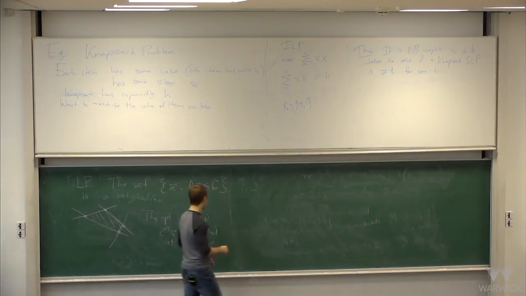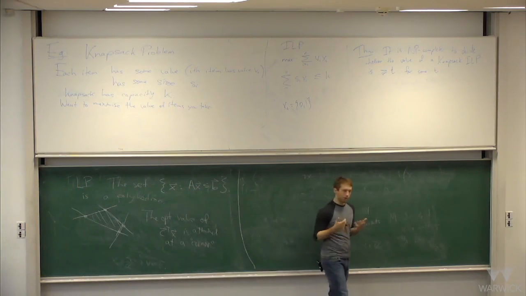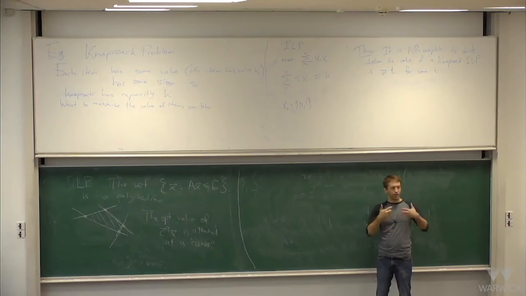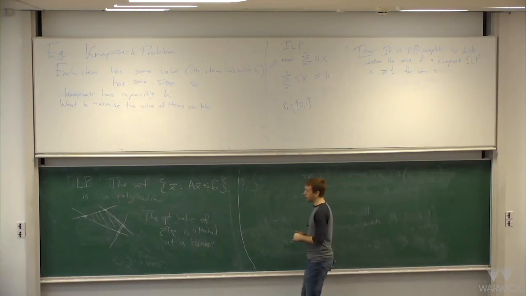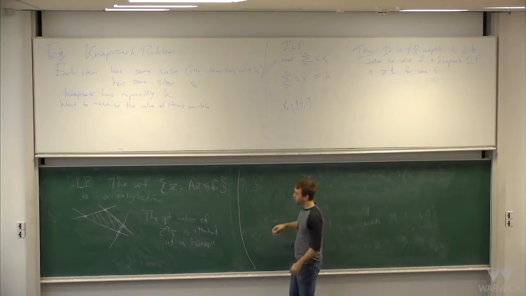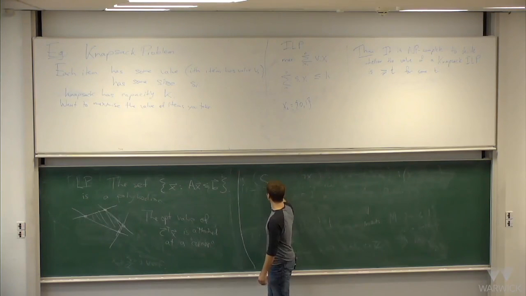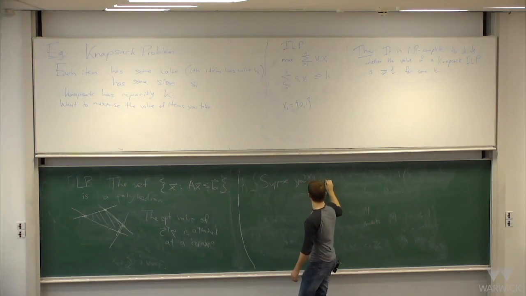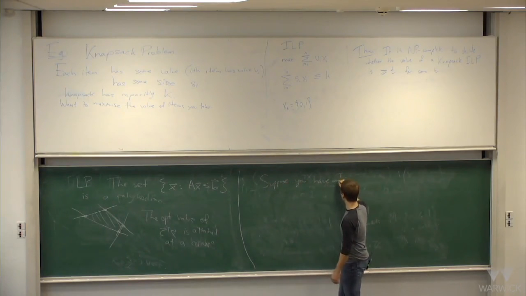So here's a very basic thing. Suppose you have an integer linear program and you take the LP relaxation, right? We know that you're not necessarily going to get equality in their value, but suppose